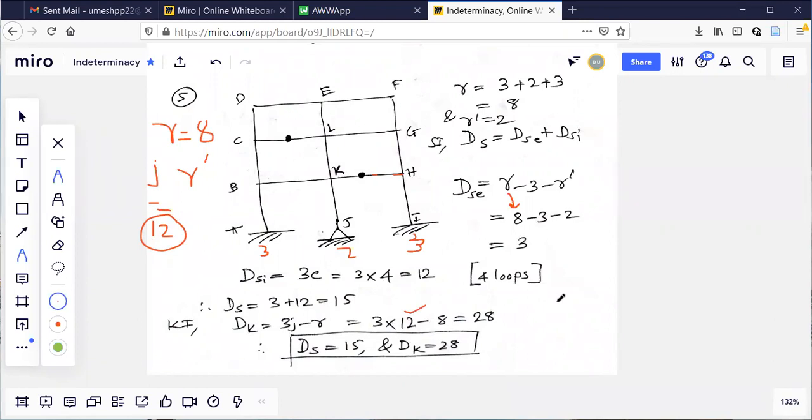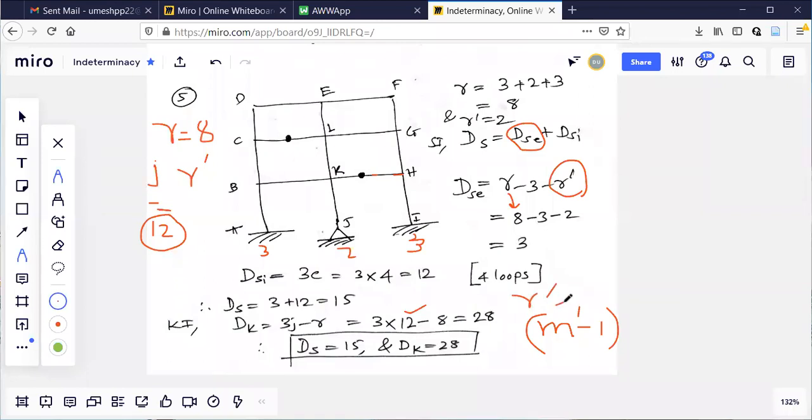Now R dash calculation. How do you find R dash? Because in DSE, in this formula, R dash is there. You can see R minus 3 minus R dash. So usually this formula is, carefully observe this one here. R dash is M dash minus 1. I am introducing a new term here, which was not discussed yesterday.